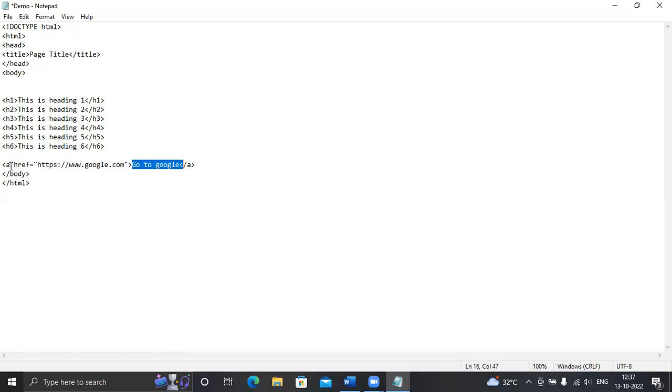Like that, within the anchor tag, href, this is the syntax. When you have opened an anchor tag, less than a, then href equals to, within double quotes you just put the link you want to redirect to.